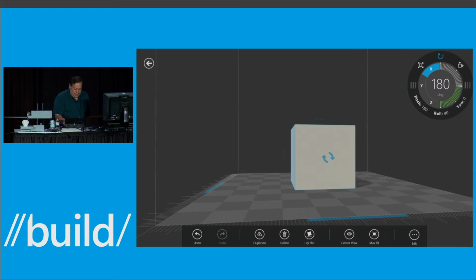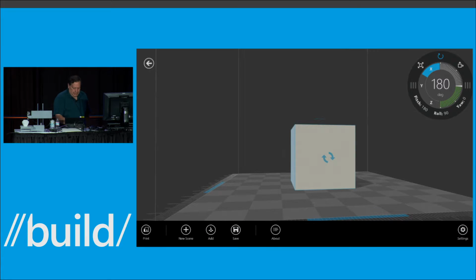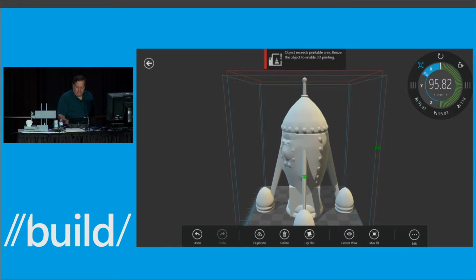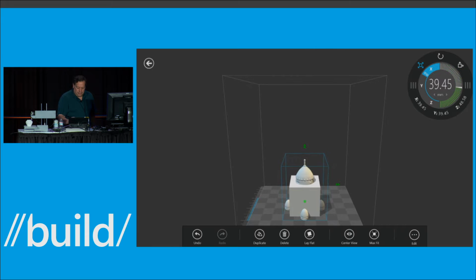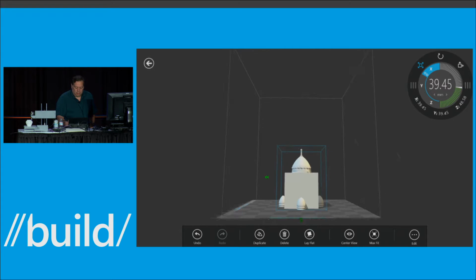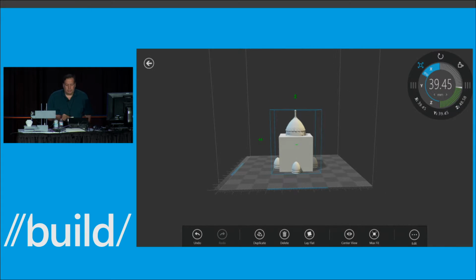But I think what I'd like to do is add, I really should have brought some glasses, but I think I'm going to add from the library, I'm going to add this rocket ship. So it's kind of interesting. It's a little bit big. I'll shrink it down. So I'm going to not shrink it down too much. What I'd like to do is make a mold. So I've put the rocket ship in the middle of the box on purpose. So what I'd like to do is use our capabilities